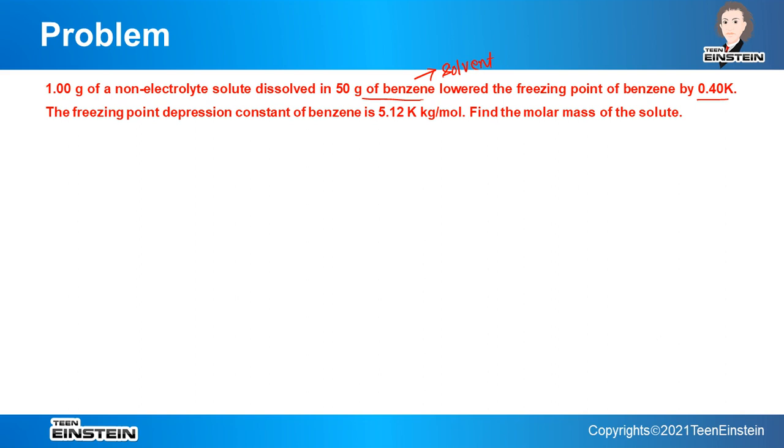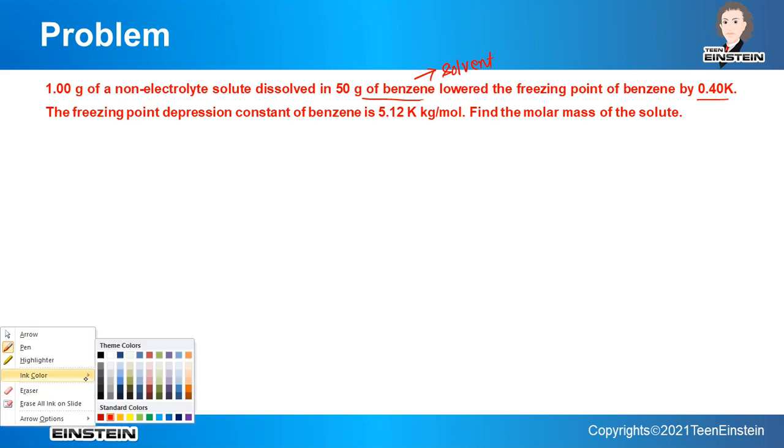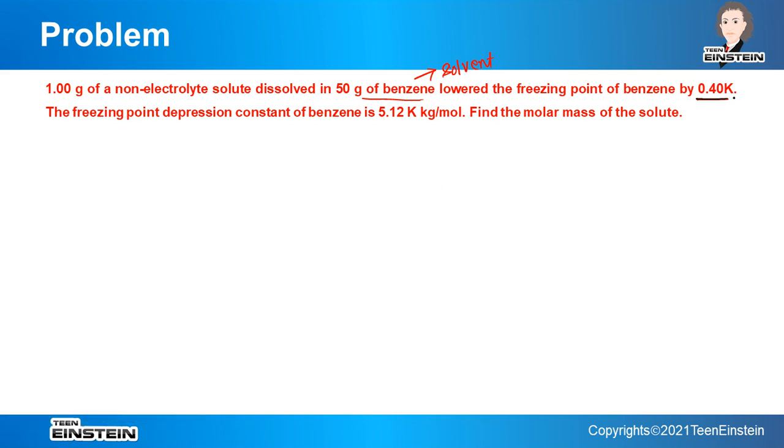As we know, when we add solute to a solvent, there is a decrease in the freezing point. So that is why the freezing point of benzene is lowered, and it is lowered by 0.4 Kelvin. The freezing point depression constant of benzene, that is the Kf value, is given, which is 5.12, and we have to find the molar mass of the solute. The solute is unknown, but we have to find the molar mass from this